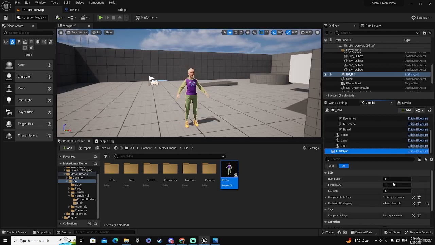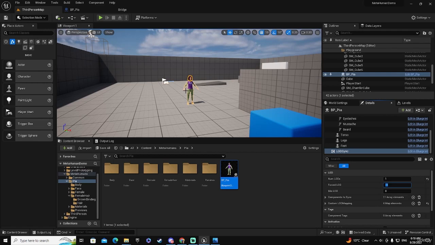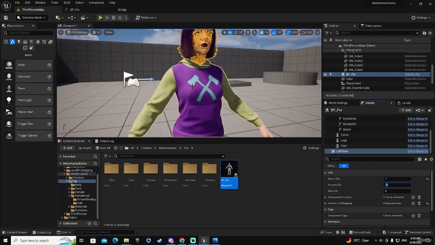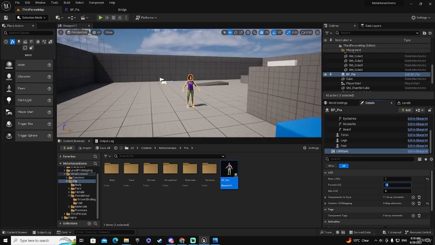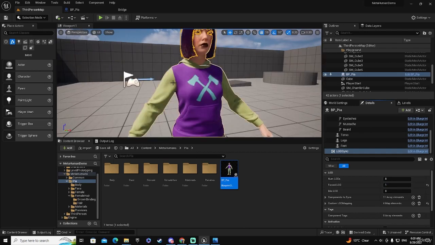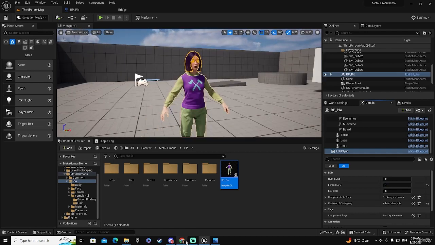So you want to provide the programmers the possibility of playing with these levels of detail. One option for our case is to say, well, this MetaHuman has 2 levels of detail. We're going to say that this is 1. And then, as you are setting 1 level of detail, by default it is going to be just 1. It doesn't matter how far you are, it's going to be the same level of rendering. The other option is to leave it at 8, and force this one to 1, which means that the hair is going to have the level of detail